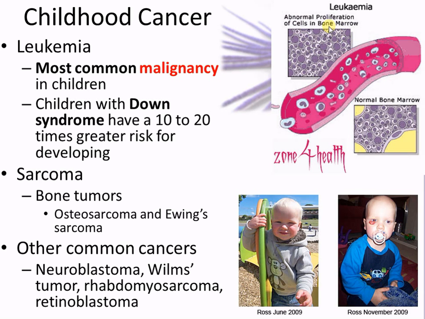And then other common cancers, neuroblastomas, which we talked about a little bit earlier. And then Wilms tumor, you don't have to remember this. It's a nephro tumor. What would that mean? Yeah, exactly. So, nephroblastoma. And you remember what rhabdomyosarcoma was? Yep. It's connective tissue. It's a transition between bone and muscle. So it's connective tissue that's holding bone and muscle together. And then the last one, retinoblastoma. That was because of the RB gene, and it typically happens in the eye.